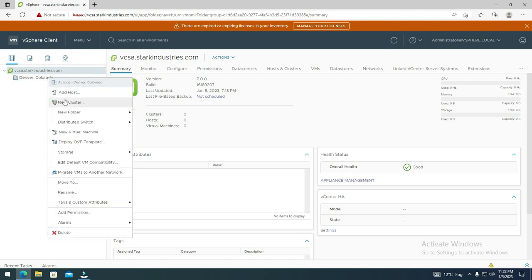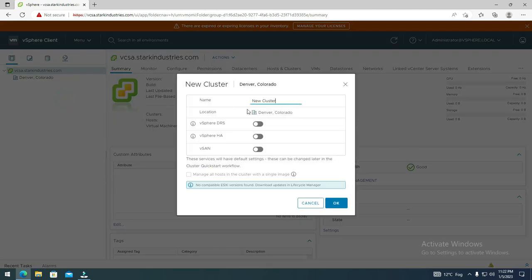So let me add a new cluster. As you can see, when we click on new cluster, it gives us multiple choices like vSphere DRS, vSphere HA, and vSAN, but we're not worried about them right now. Let me just create two clusters here for our ESXi servers. For this one, I'm going to give the name production 1,